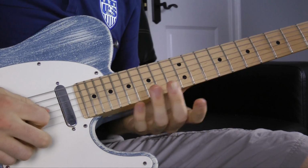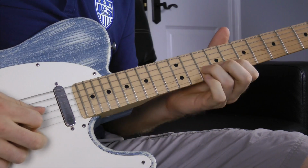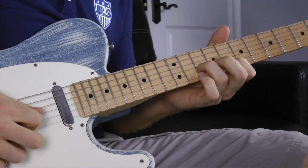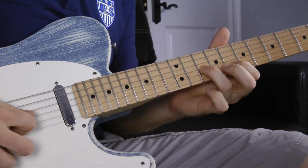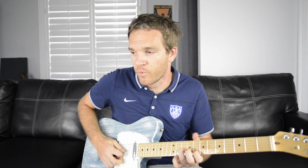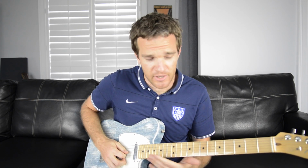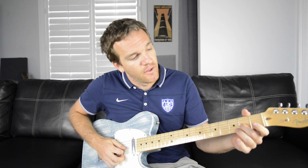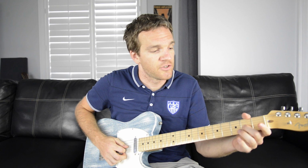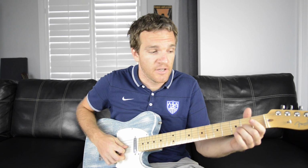Now, unison bends can be a little bit tricky because you have to keep one finger anchored to the B string, if you're doing it on a G and B string thing, while one finger moves. So the tendency might be to have them both move with each other. It takes a little bit of practice, but if you do it, you'll get it. I think a really good place to start is actually on the 2nd fret of the G string and the B string, because what you're doing is you're going to bend this A to this note, which is a B, right? So if you do them both at the same time,